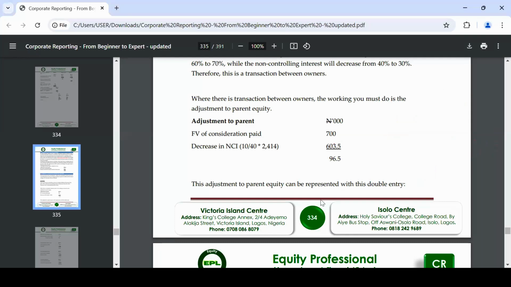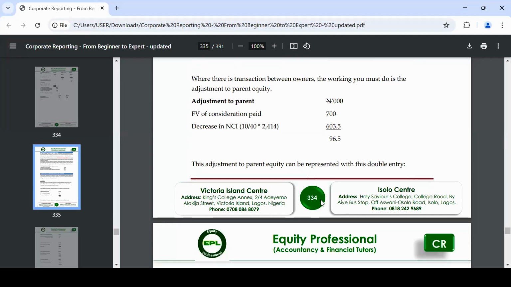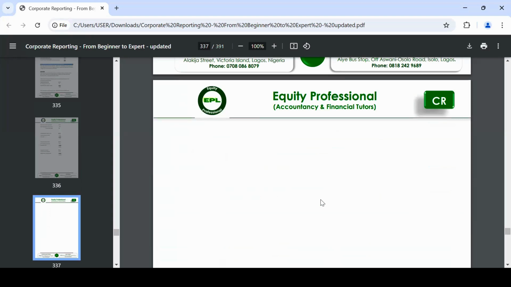Now, this difference between the consideration that was paid and the carrying amount, what is the proportionate share of what they lost or what they have sold? This is what is going to represent the,